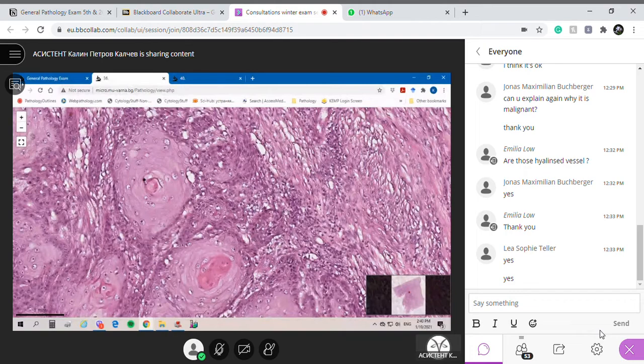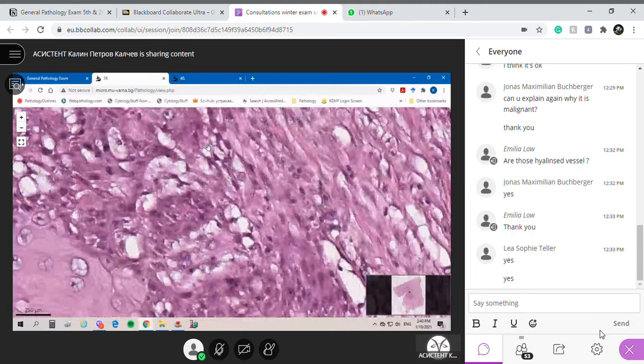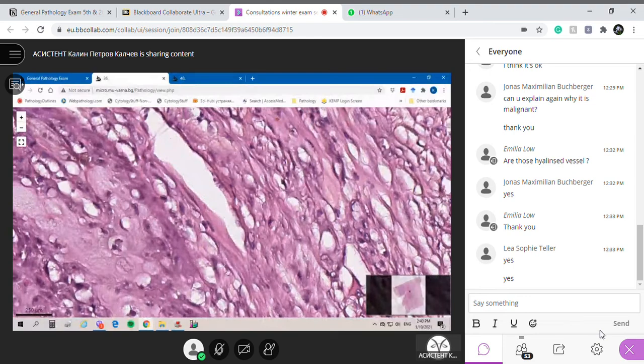You can see this nest that is going deeper into the tissue. You can see here, and there are even some individual cells that may go to the surrounding